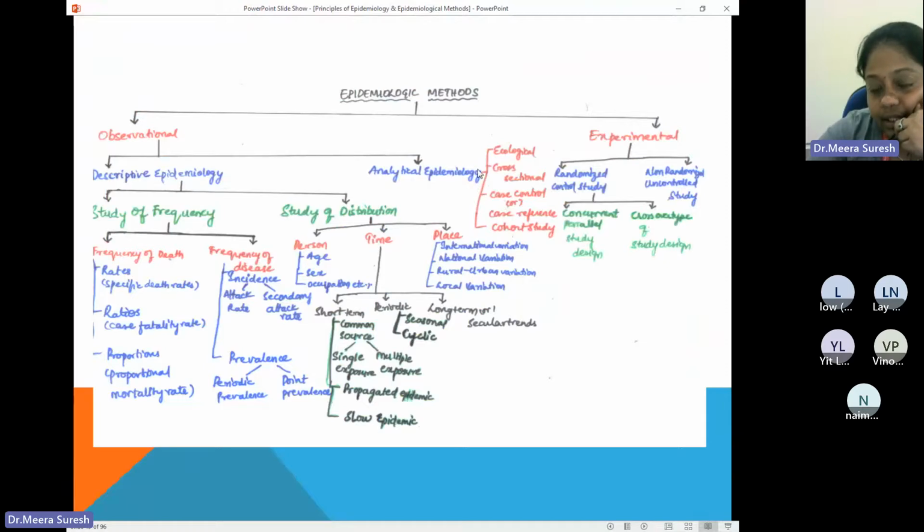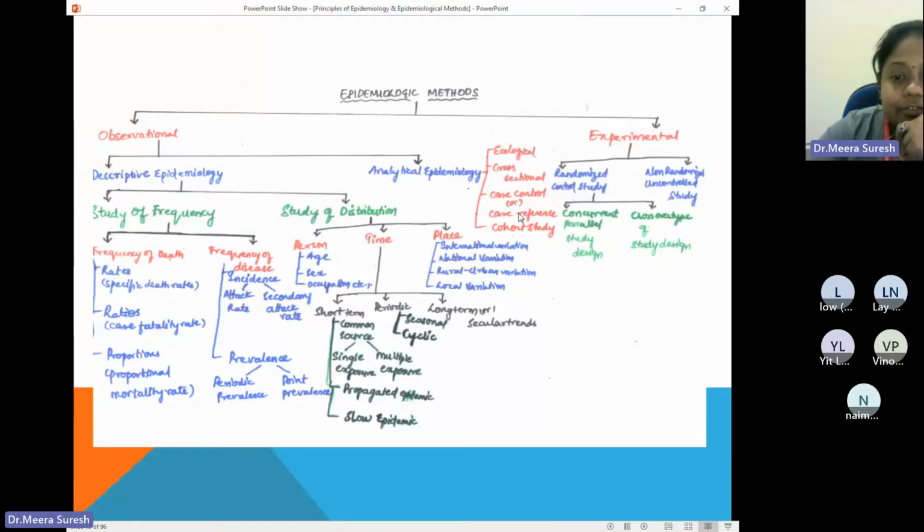So now what we studied is ecological study, and cross-sectional study actually comes under descriptive epidemiology. That is what we studied. Case report and case series also. I got this from the internet. The person who drew this, though it is very nicely arranged, it's 90% correct. Some changes should be there. One thing, the case report and case series should have been in descriptive epidemiology, which is not explained over here. And in analytical epidemiology, the person who created this has kept ecological and cross-sectional also.